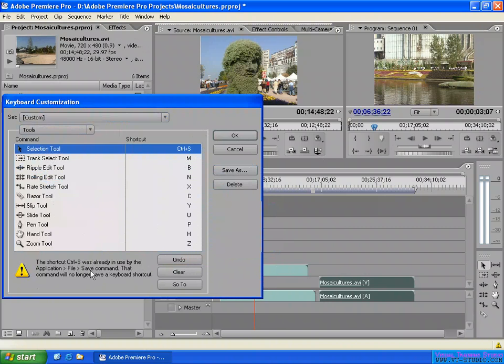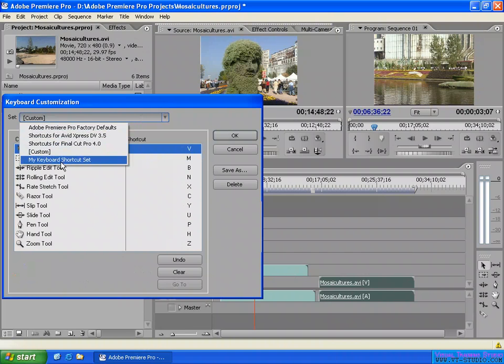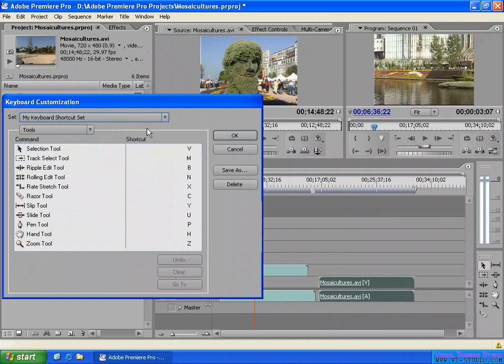But this is already assigned as a command for the application file save command. So you can try the shortcut for yourself if you want. And by default, I don't want to change the selection tool to Control S or whatever. And here I click it, take it as the V key. Anyway, I click here so I can use